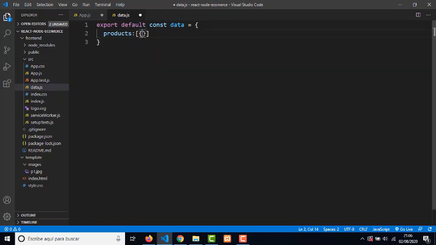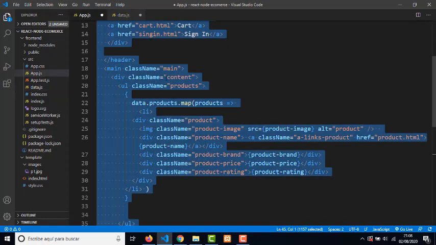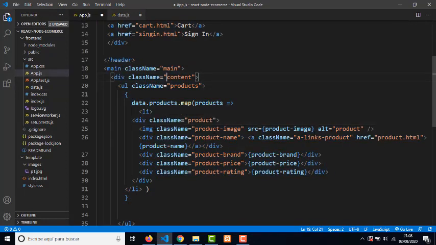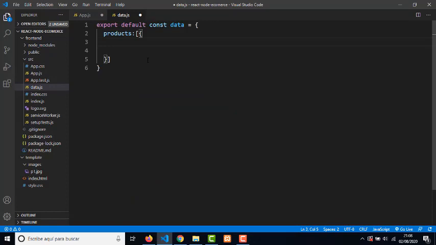Inside our array we're gonna start creating our objects. Each object has, remember, the root of our class: product image, product name, product brand, product price, everything. For that we're gonna put here, okay, name,